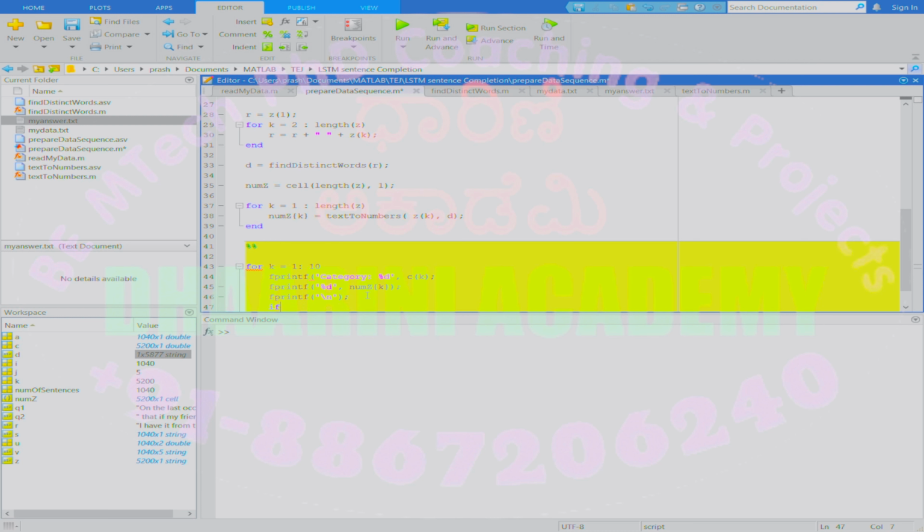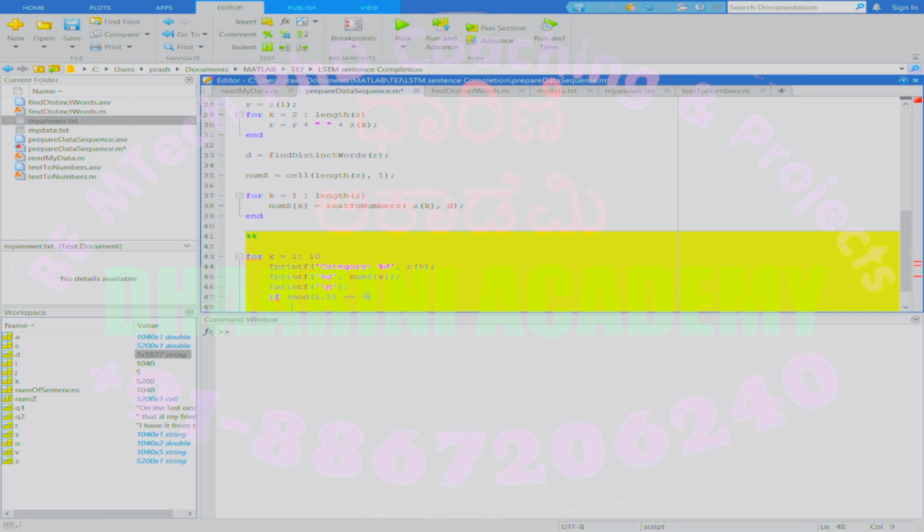All right, so we'll check if mod of k comma 5. I'll try to plot only two sentences. That's why k mod 5. So k mod 5, k is 1 to 10. K mod 5 becomes equal to 0 how many times? In 1 to 10, only two times, when 5 and when 10. That's why. I'm checking this and trying to print some. So if this is equal to 0, I'll just write fprintf, say